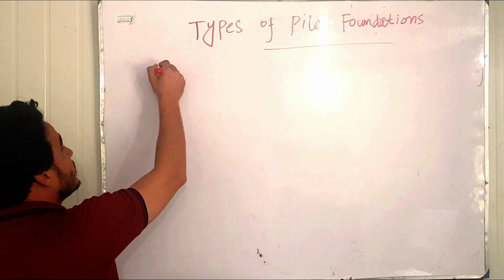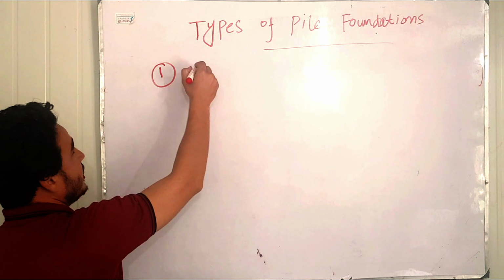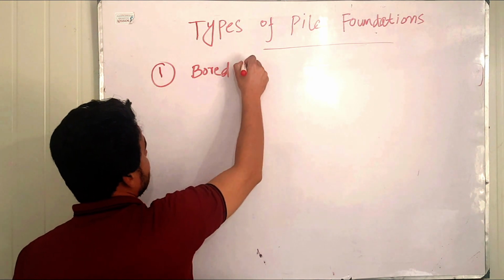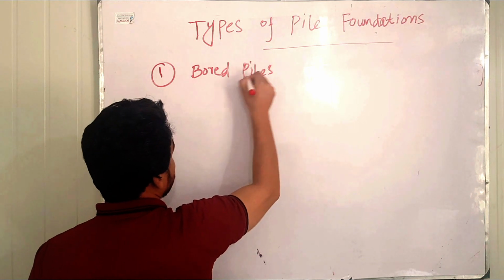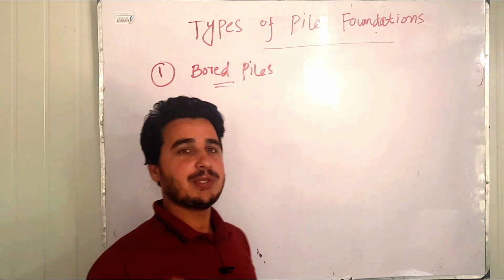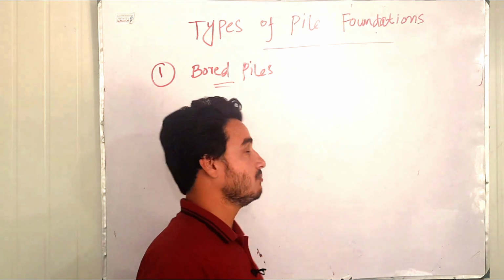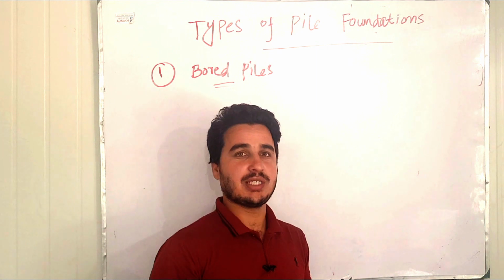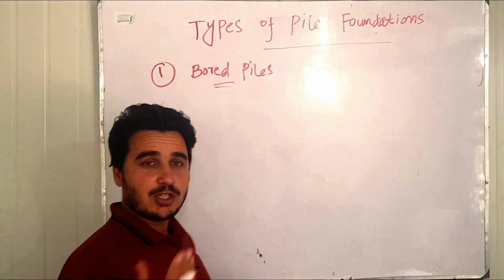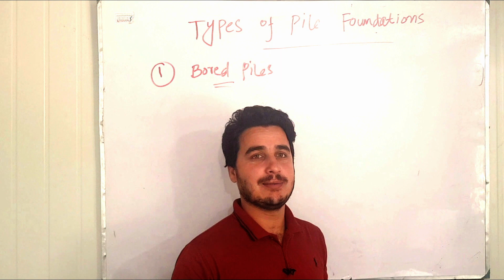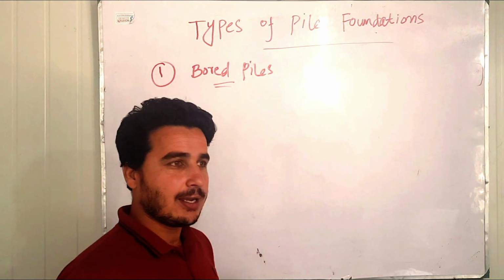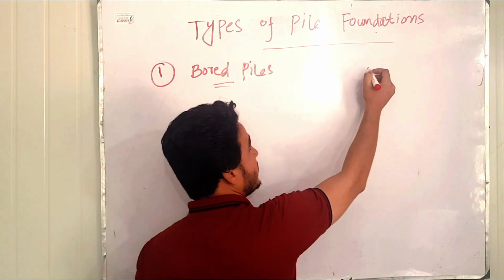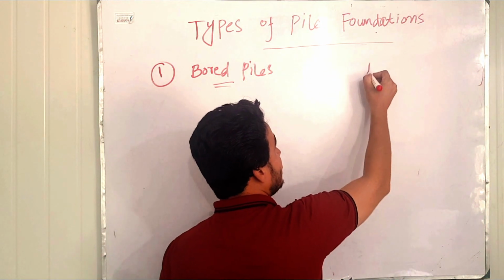So the first one, which is very commonly used, is the bored pile. These are the most commonly used piles in buildings, bridges, or even in culverts somewhere. First of all, you should know why we use pile foundation. So basically pile foundation is used where the sub base strata under any structure, like if this is a building,